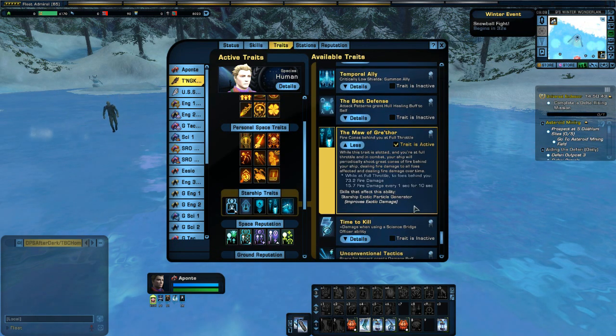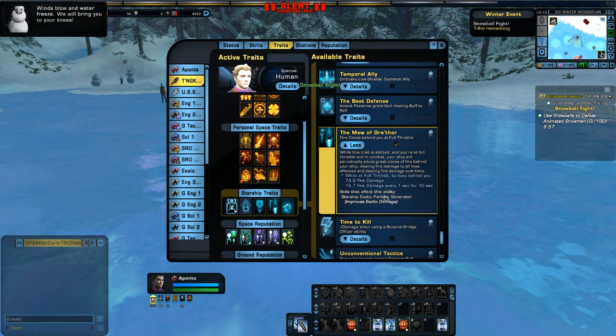While this trait is slotted, you're at full throttle, and in combat, your ship will periodically shoot great cones of fire behind your ship, dealing fire damage to all foes affected and dealing fire damage over time. So while at full throttle, to foes behind you, 73 fire damage, 15.7 fire damage every 1 second for 10 seconds. And again, improved by EPG. Now again, the number's off, but the interesting thing about this...